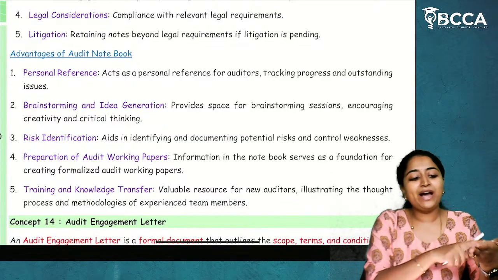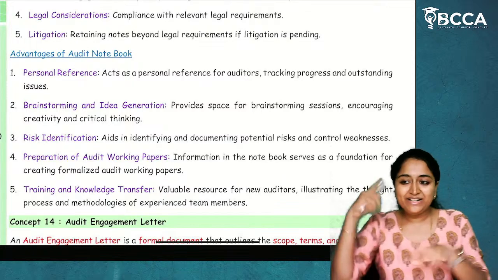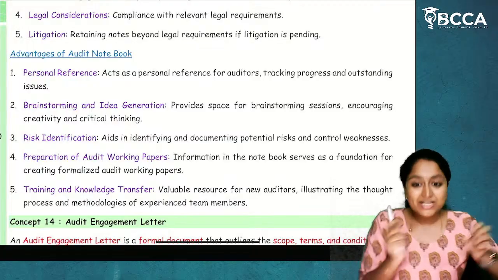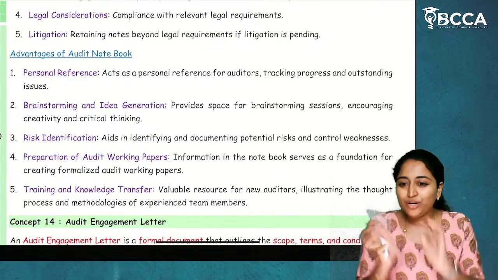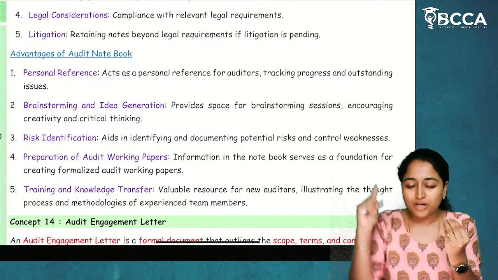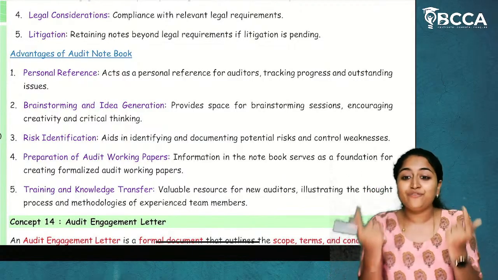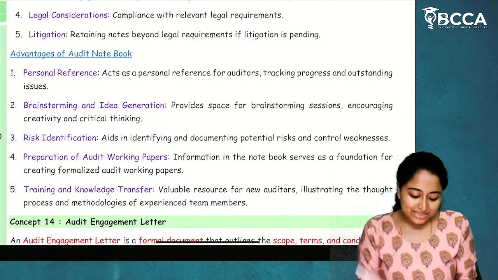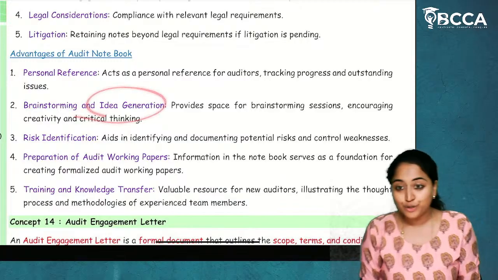Now, if he understands something, then some idea will come to him. Okay, I have to go and meet this person again. I have to ask for this information. As you will see in detective work, what they'll do, they'll close their eyes, they'll revise what they have talked about with the other person. They would have got some idea. They'll again go for the investigation. So it will act as that particular brainstorming and idea generation tool.